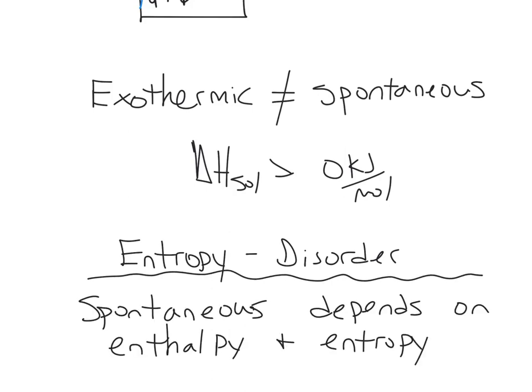Now, don't get me wrong, the most common examples of spontaneous situations, whether it be a physical process or chemical reaction, are indeed exothermic. But the fact that there are some endothermic spontaneous processes means that there must be something else acting on the system. And as I'm pointing out right now, spontaneity or spontaneous situations depend not only on the enthalpy, but also on the entropy of the situation. Now, soon we'll combine the concept of enthalpy, which is delta H, and entropy, which is identified as delta S, and combine them into what is known as Gibbs free energy. But that's going to happen at a later date and time.